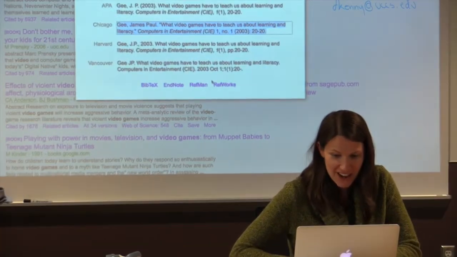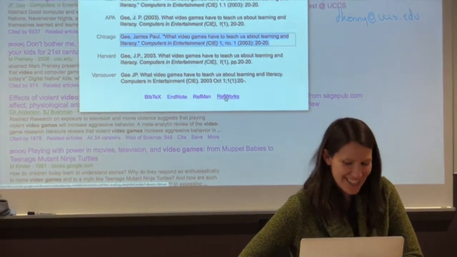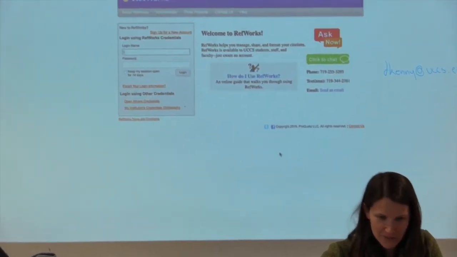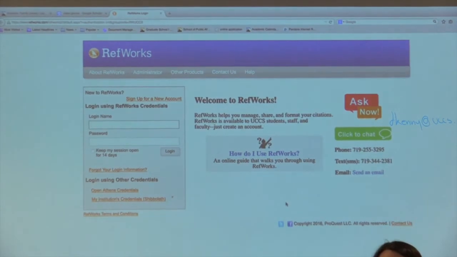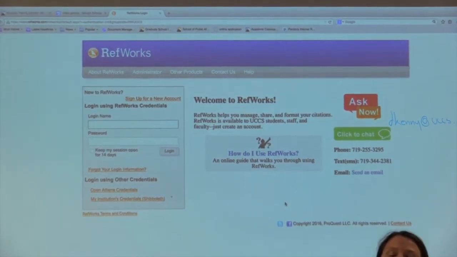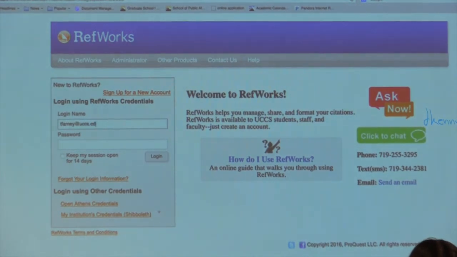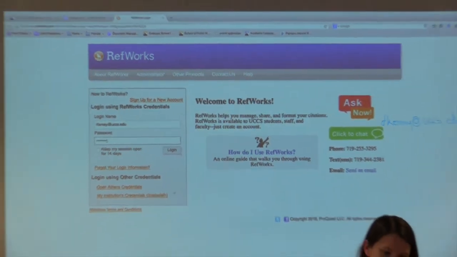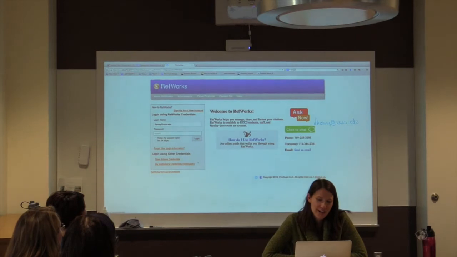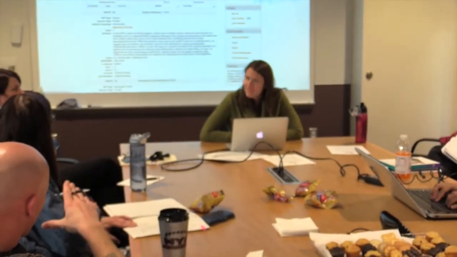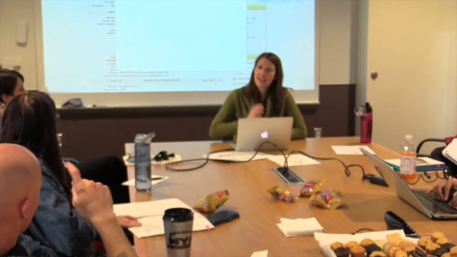One thing I will give a shout out to is for those RefWorks people. Look, it's right there. You can click on that and import all that lovely data over into your RefWorks. You do have to make a RefWorks account, which is probably the most annoying part of the process. But once you do, it's yours. You can take it with you after you graduate too. It holds everything that you've ever cited through this, as long as you imported it in, it's there.